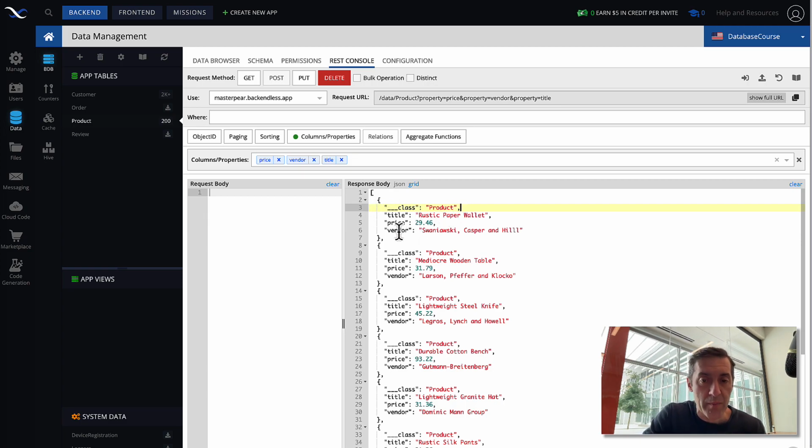It will always be there, but the response is way more compact, and this way you can manipulate which properties you can request. Once we start digging into relations, this will apply to relations as well, but let's not get there yet. We will be talking about this use case once we start learning relations. Let me switch to UI Builder, and then we'll do the same thing there, because that will demonstrate how the actual API call is structured, and that will apply not only to Codeless but to all our SDKs as well.